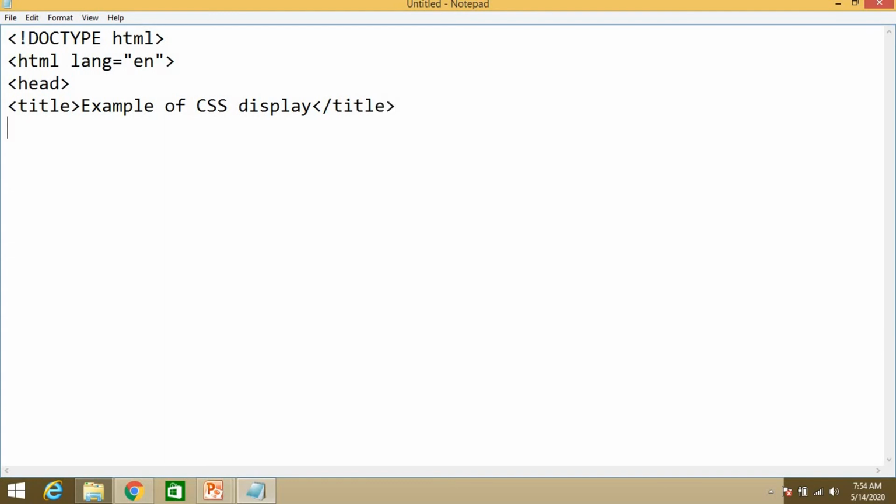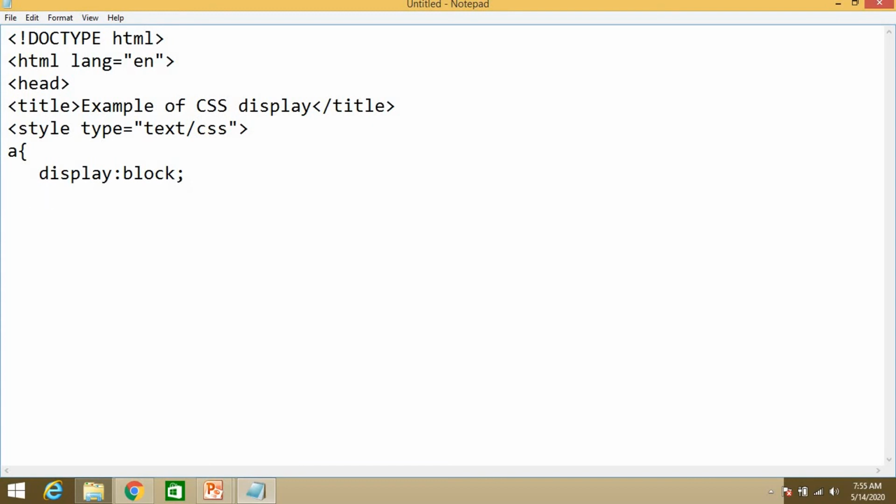After that, here you use style, okay, type equal to text/css. Now I'm using an anchor tag, so a, and then write whatever you want related with the display property. So display will be block.